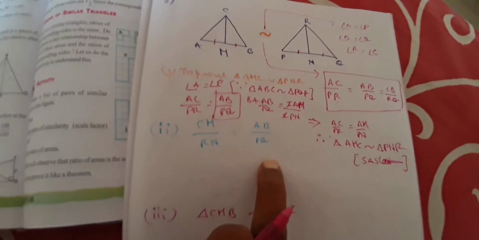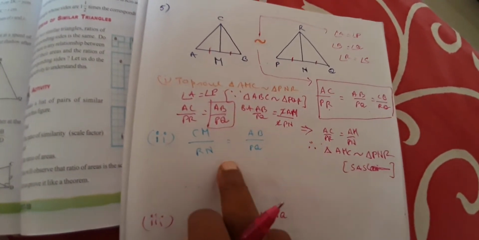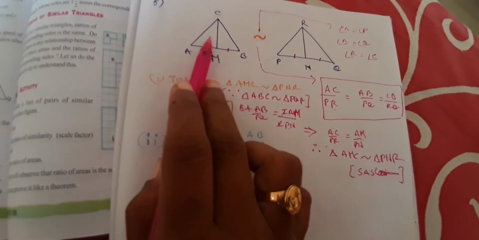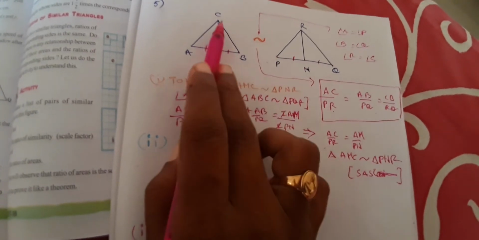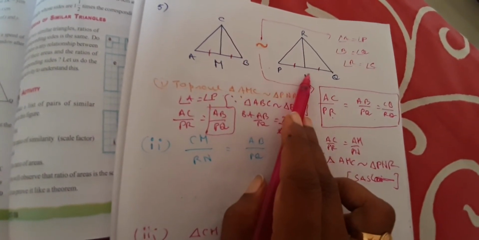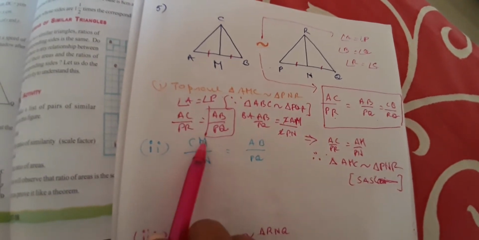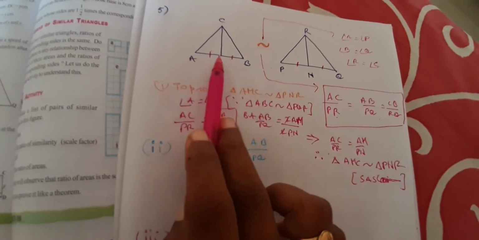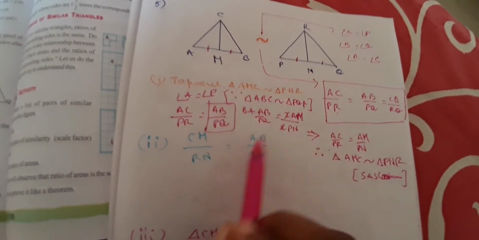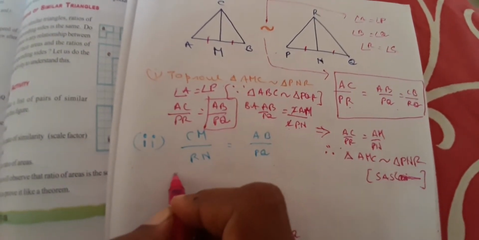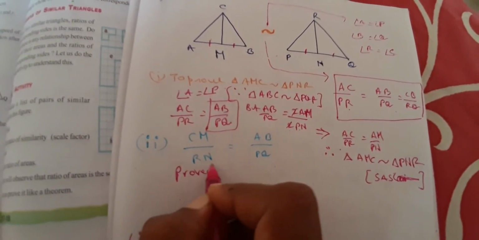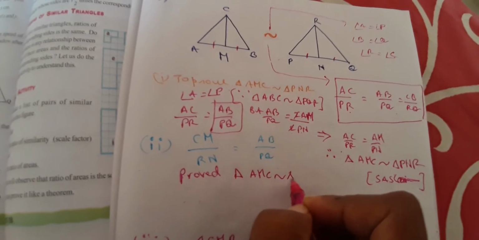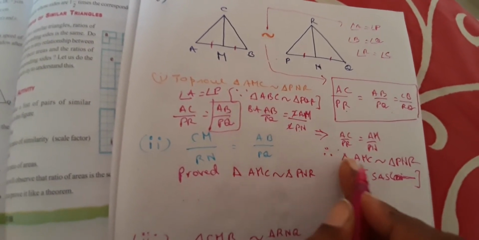Okay, so next one. Once this is proved, it is very easy to prove this one. Why? Because you have these two triangles to be similar. So obviously CM by RN is a constant ratio. So CM by RN is equal to AB by, what do we say? Which is equal to AM by PN. Yes or no? Right. So now already proved. What is proved? The triangle AMC is similar to triangle PNR. In the previous case, just now we proved it.